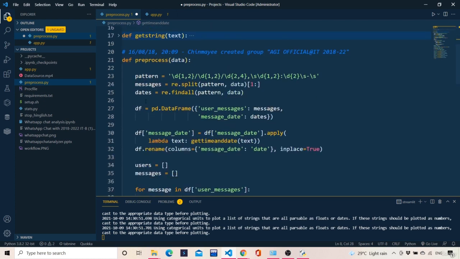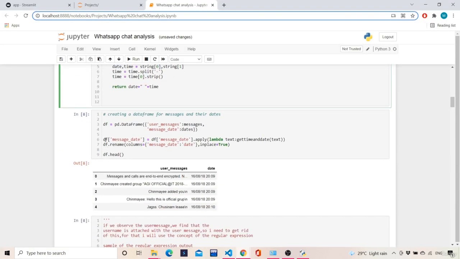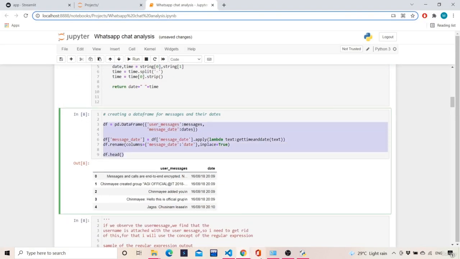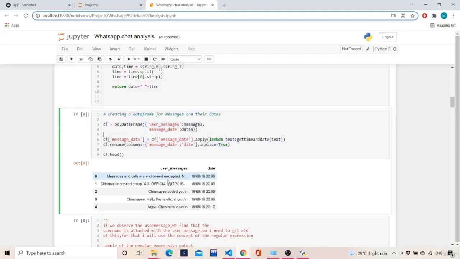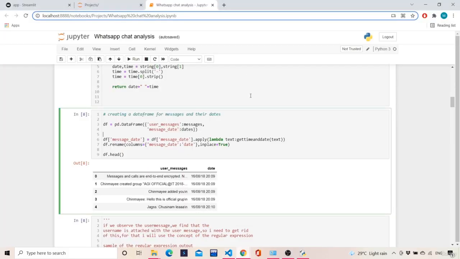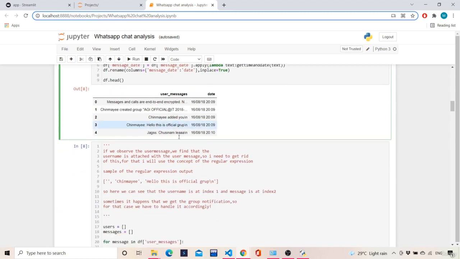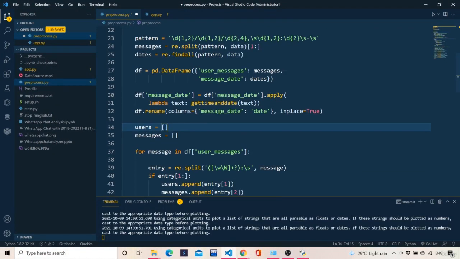Okay, and what I did is I copied this thing and I pasted here. I didn't do df.head because I don't want to see the data frame, because I already saw how the data frame looks here. So this is basically the production code, and this is basically for us to understand clearly. Okay, so now what happens is we have cleared till here.